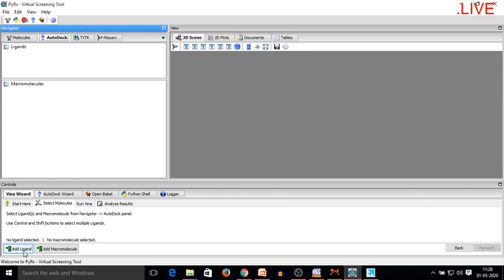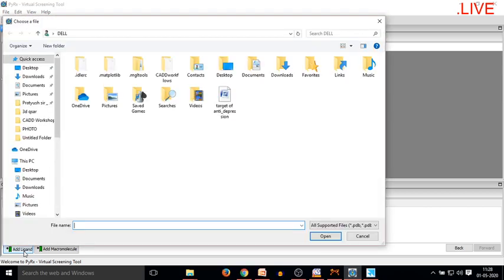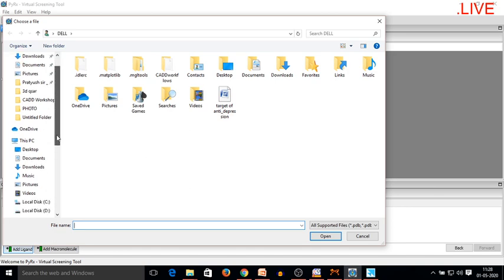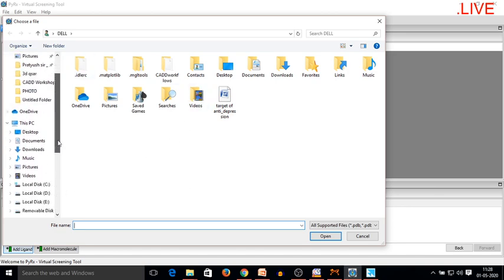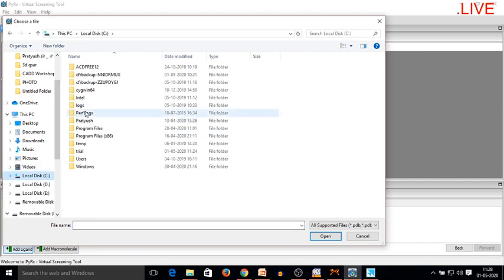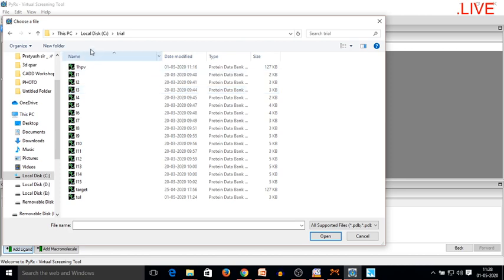Once I press this add ligand, you can see it allows me to browse the ligand that I have created and saved already. So I again came to that trial folder which I have already created in my C drive.